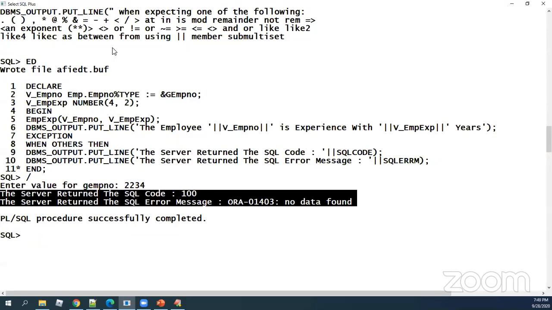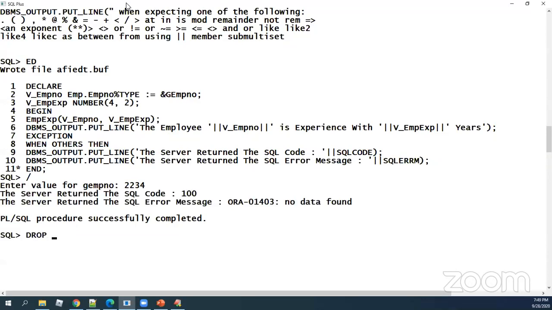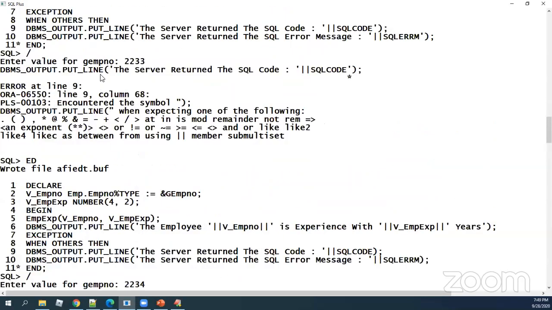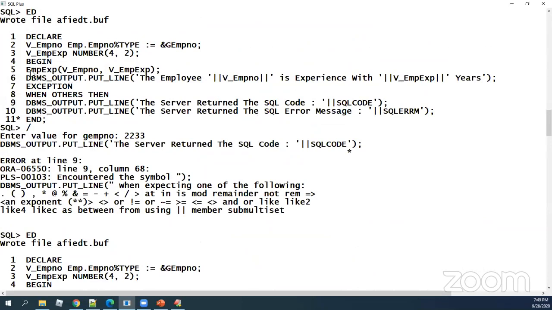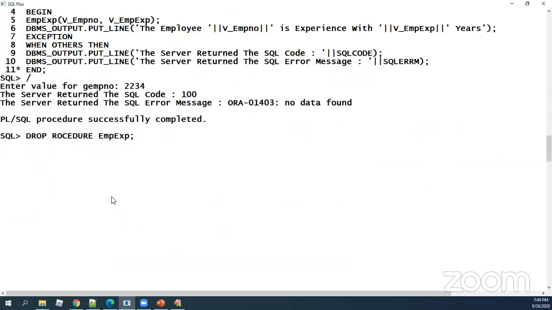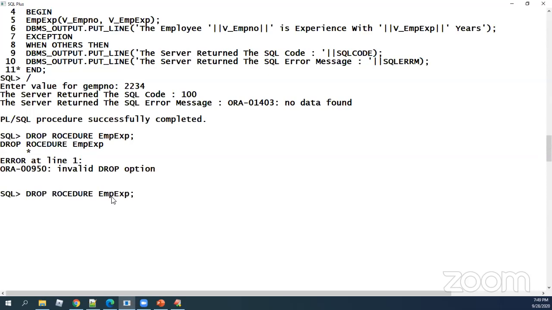So now you can just watch very carefully. I'm dropping this procedure now, because a procedure and a function cannot have the same name. Got it?